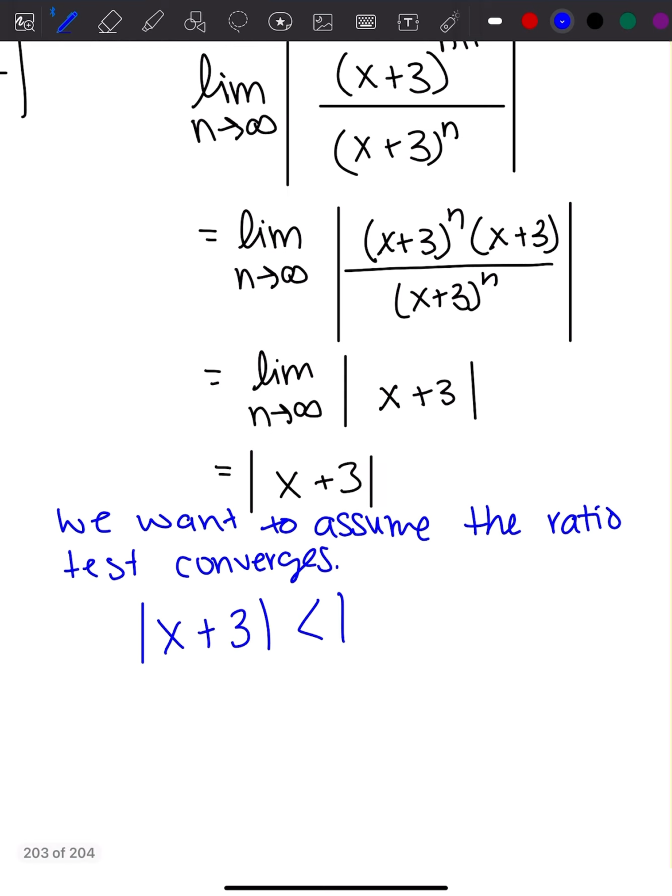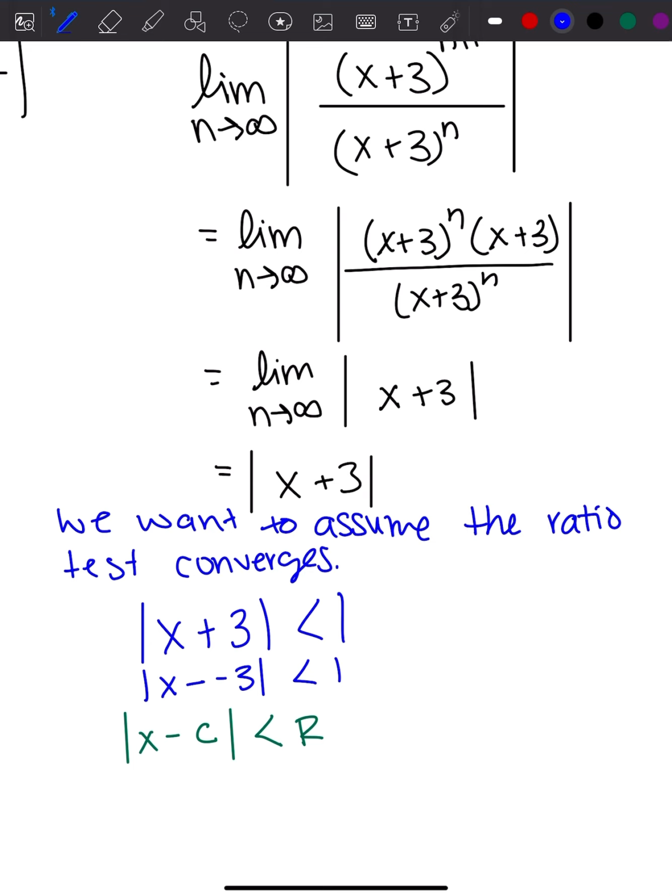And we always want it in this format: the absolute value of x minus c is less than capital R. Well, this format is exactly the same. x plus 3 could be written as the absolute value of x minus -3